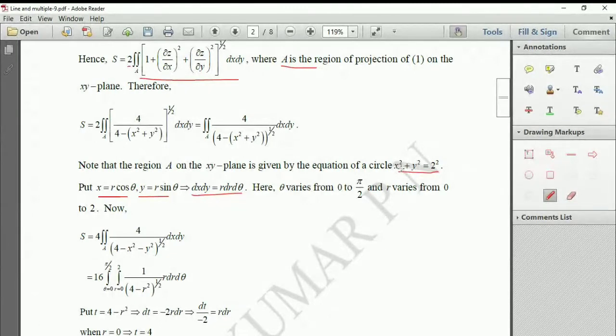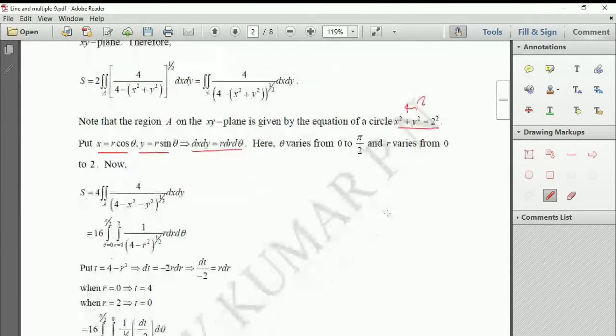See, what is your x? r cos theta. What is your y? r sin theta. What is your x square plus y square? It is r square always, you know. So if it is r square, what is your r? 2. So that is the reason r varies from 0 to 2. You can find radius. See, initially radius will be 0 in this case, right? And up to where it can go, up to 2 from this equation.